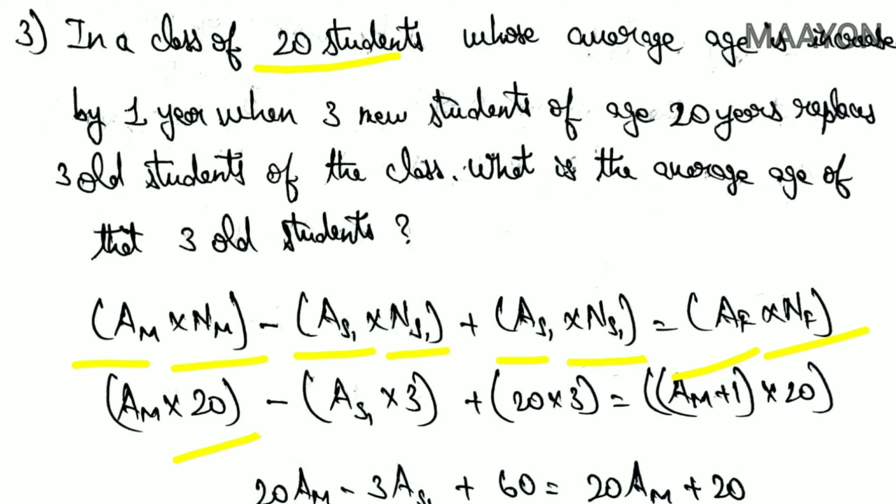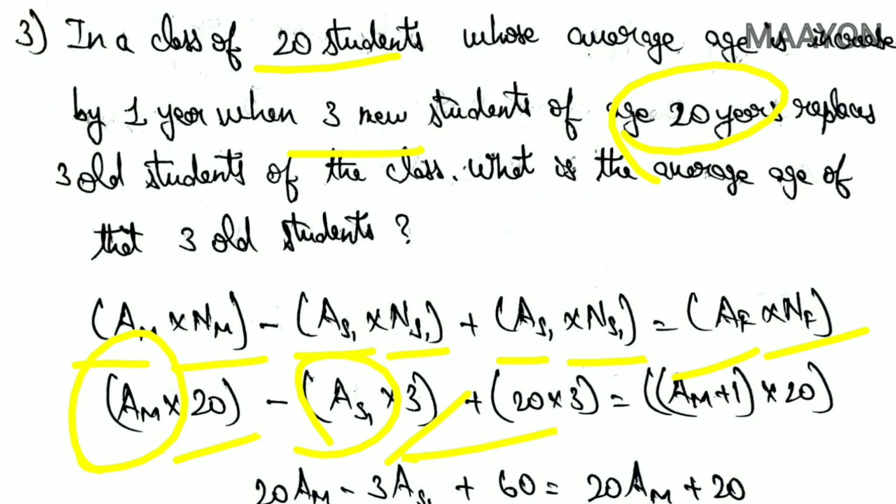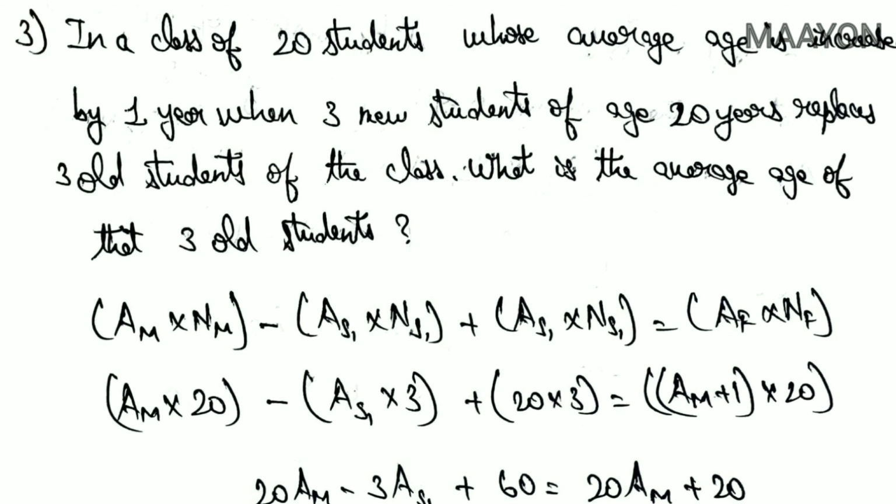Then the average of the main group is unknown, it is kept as it is, subtracted by the average of subgroup 1, which is also unknown, that we have to find. The number of terms in the subgroup, it's 3 students which have been replaced. Then the average of subgroup 2, it is given as 20 ages, so it is 20 into 3 new students, equals the average of the final group, that is the average of the main group plus 1, as it is given as increased by 1 year, then into the number of terms in the final group,